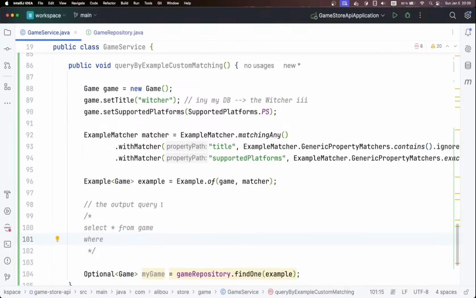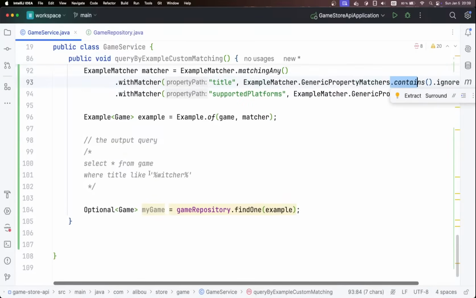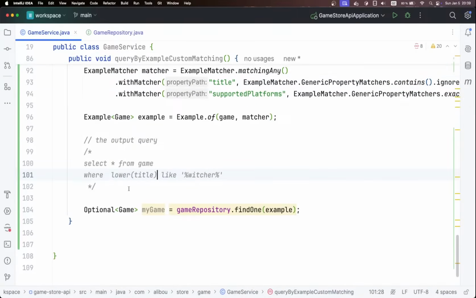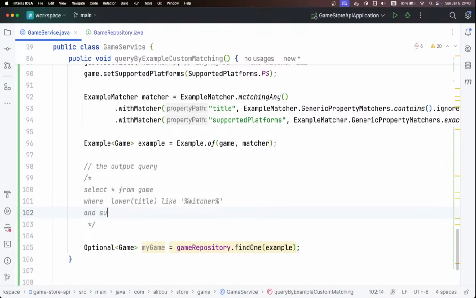So this will be select star from game, where title like %Witcher%, because this is the first part that we have in here. I want the title to contain, ignore case. All right, so here what I can do is use the lower method on the title. I just transform the title to lowercase, and then %witcher%, and then and supported platforms